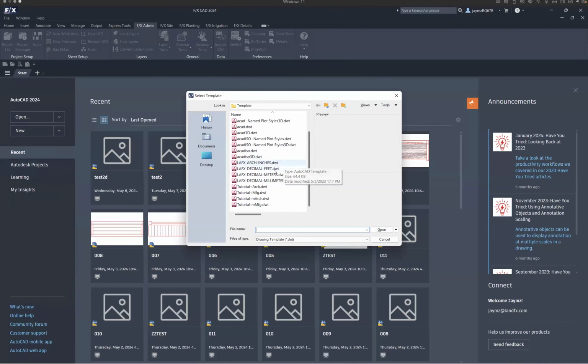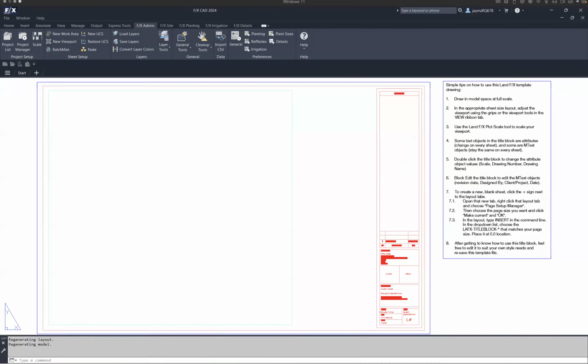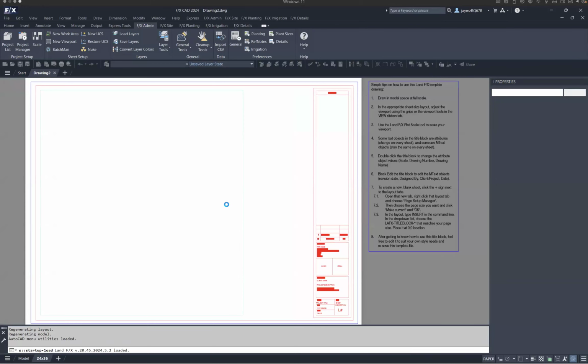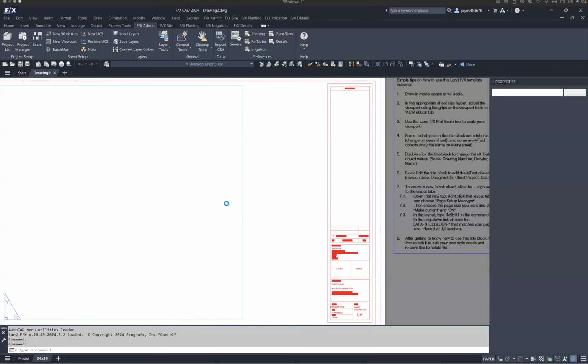It's important to pick one that matches the units you intend to draw in. So if you're going to be working with feet, or really imperial or metric, you want to choose the appropriate template. I'm going to push you towards using the Land Effects templates as a default because we have nice title blocks and a little cheat sheet built in, which we'll go over in a little while. But like I said before, if you want to take the time to set up your own template, you're definitely able to do so. So I'm going to go ahead and click new because mine's set to the Land Effects decimal feet template, and that's the one that I'm going to use today.